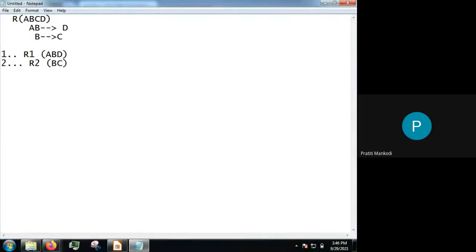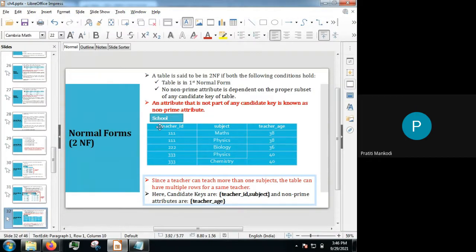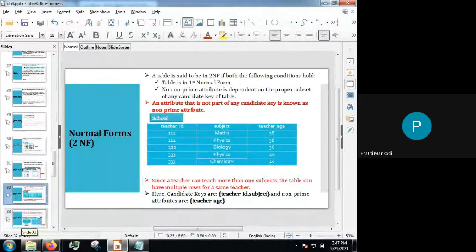This will be the last for today. You have a school table with teacher ID, subject and teacher age. Now here the key is teacher ID and subject, and the non-prime attribute is teacher age, for example, right? Now